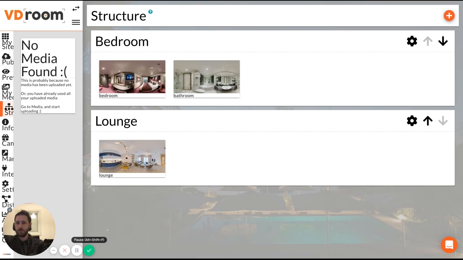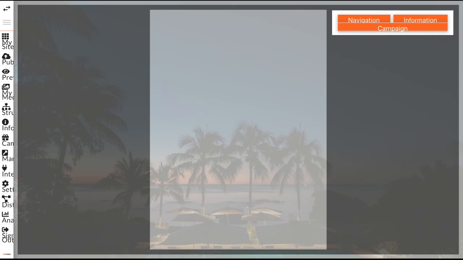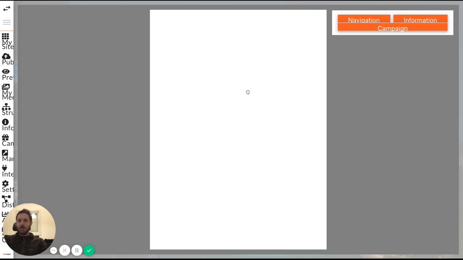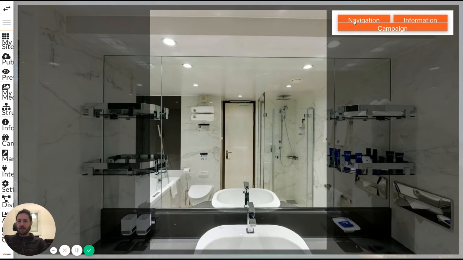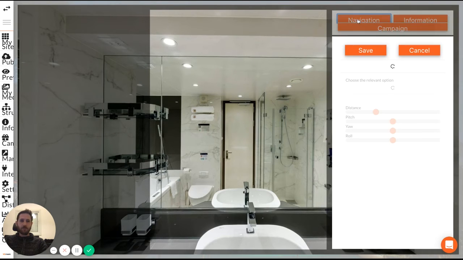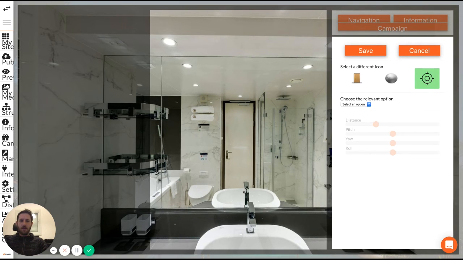Now that we're back in our structure, we want to create a link from the bathroom back to the bedroom. So we're going to do the same process. Clicking on the disk and getting into this area. I'm going to select navigation, and this time I'm going to use a different icon. We're going to use the disk icon. We want to go to the bedroom,